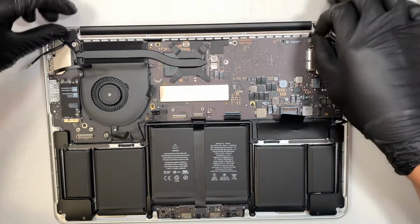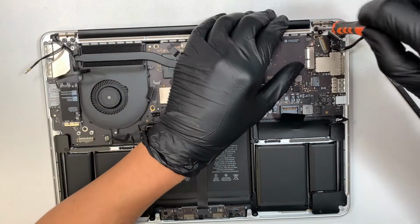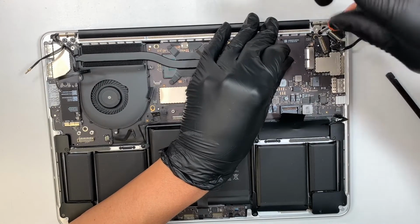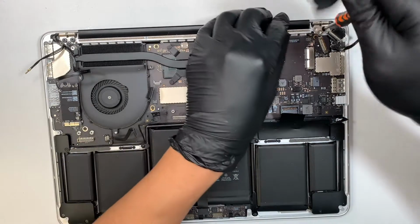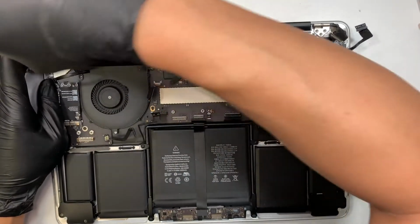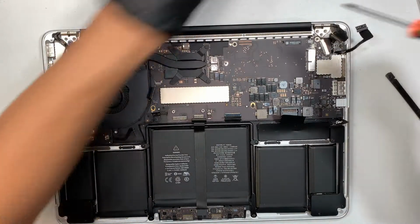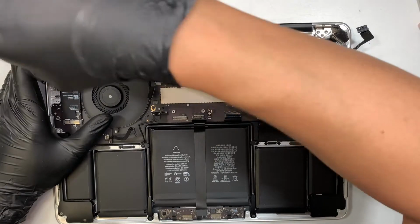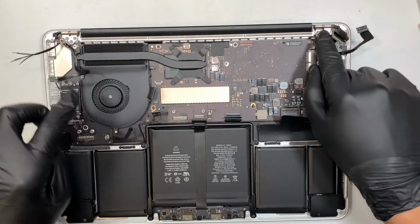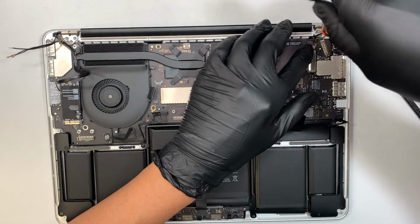Now the next step is to remove the 2 rubber spots. This rubber is hiding the screws on the LCD, and this screw right here is running on a T8. So this is a T8 screwdriver. Once you remove the 3 screws on each side of it, there's another important little thing. This little clipper runs on a T5. Remove that 1 screw